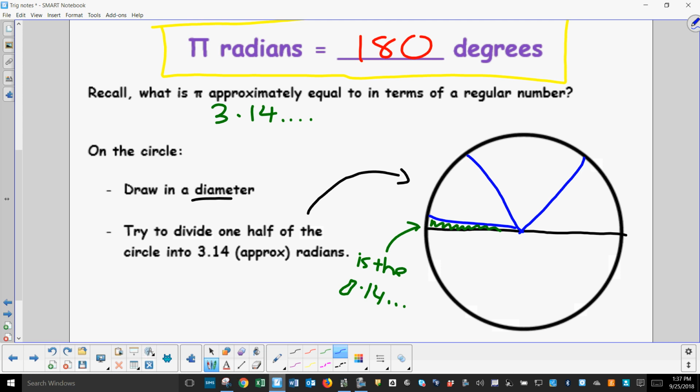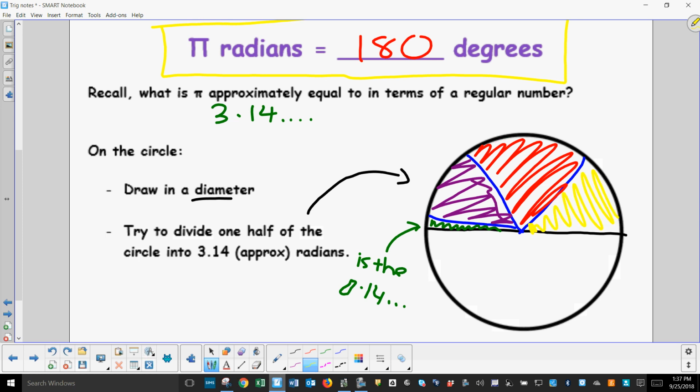Wait, so you said that in a half there are 3.14 radians? Yeah, in a half, exactly. There are 3.14 radians. So there's 1 radian, that I've done in purple. These 3, purple, this red one, and I'll do a yellow one, are meant to be all equal. Just trying to give you a rough idea of how big 1 radian is. So 1 radian is meant to be about the size of one of these. Each of those 3 are meant to represent 1 radian, and this little tiny sliver on the side is meant